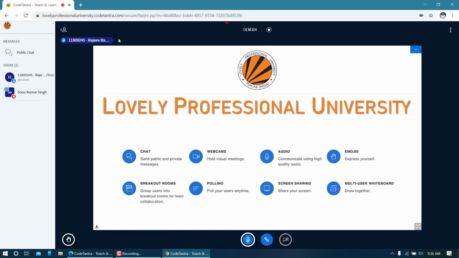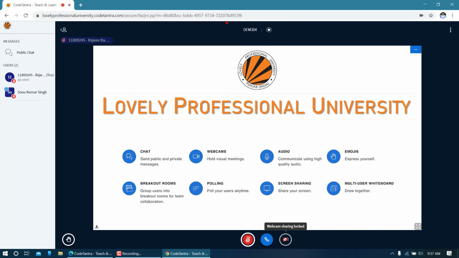So if there are 10 users and 2 of them are speaking, the names of those 2 users will appear here, and whoever is speaking will be highlighted, and the other will be dull. So just have a look. If I stop speaking, what happens to this icon? Okay, you noticed that it turns dull, and therefore whoever is speaking will be visible to the student and to the teacher as well. So keep this muted unless or until it is required.